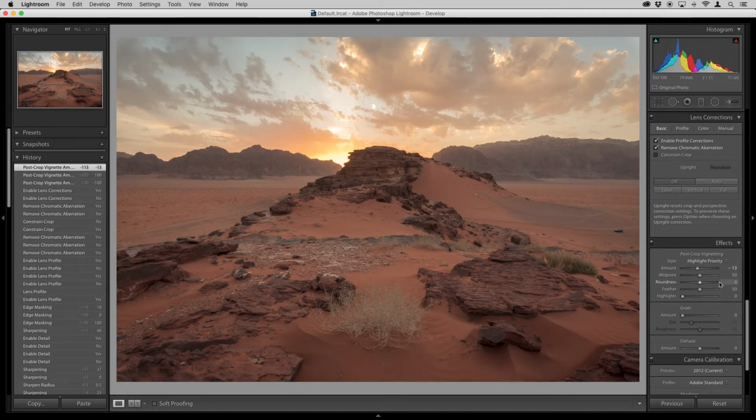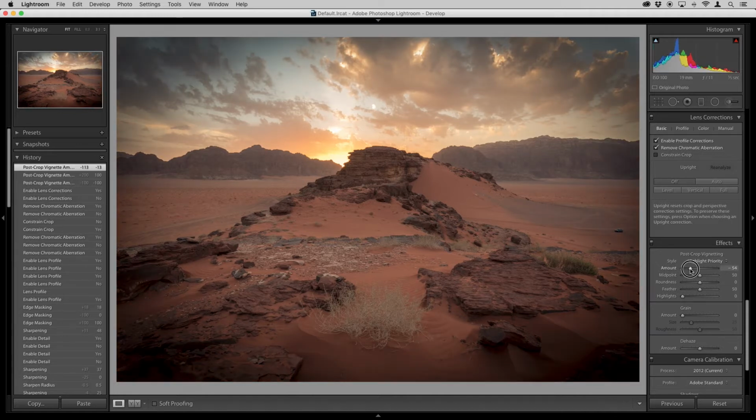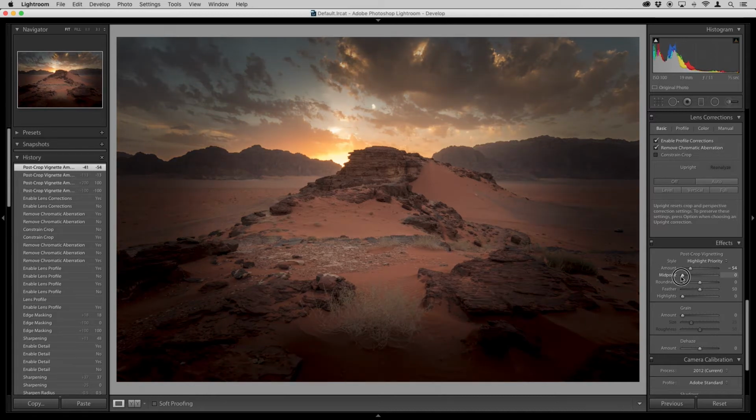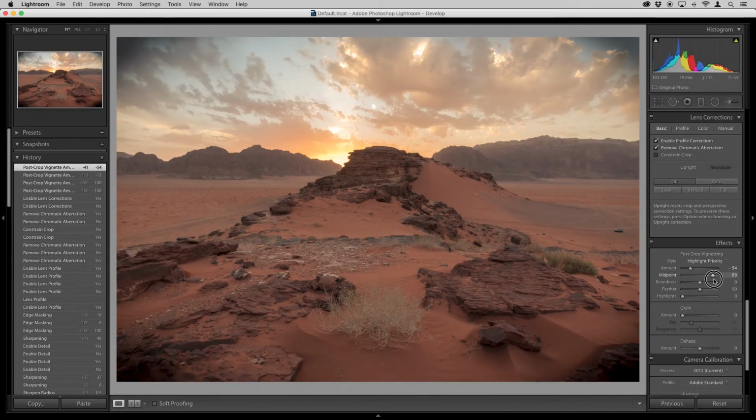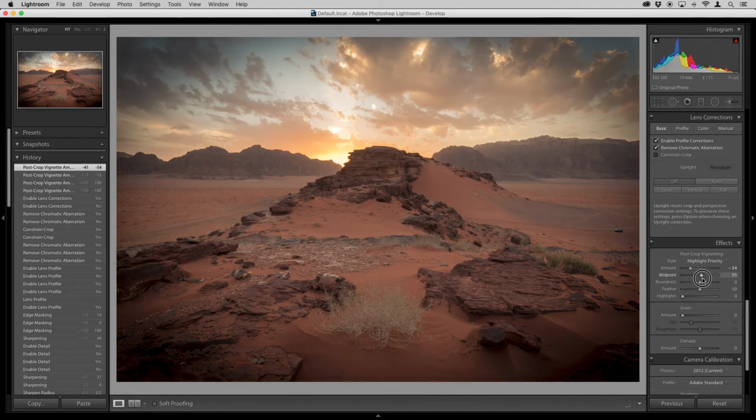And then midpoint allows you to select the midpoint for the crop. So let me actually scale this back to be a bit more aggressive. And if I take the midpoint and start moving it, as you can see, it's toning down even closer to the center of the image. And if I go back all the way, then it's going to keep that vignetting just in the edges of the frame. So typically I use it right around the 50, which is the default value. But if you see that it's doing a little bit too much, you can actually move it towards the edges or bring it back if you want a smoother transition.